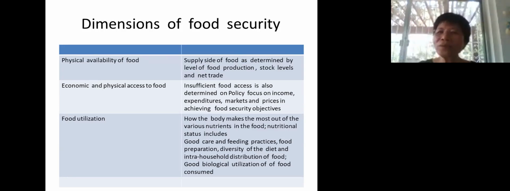It goes down when there is not enough supply of rice. The second dimension is the economic and the physical access to food, right? This is the second dimension. What is the meaning of that? When there is insufficient food, access is also determined by policy focus on income, expenditures, market, and prices in achieving